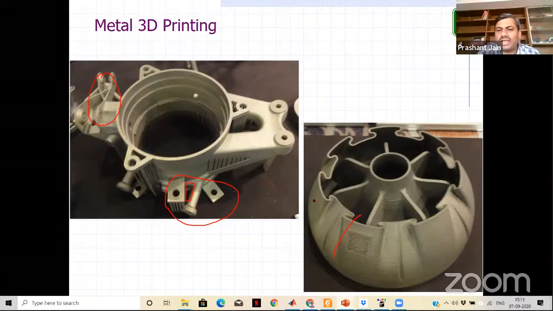You can deposit the material layer by layer. But still, it is a very, very costly affair, because when we talk about steel materials, this is a high-speed steel used at 20 micron size, right? So based on 20 micron size, what is going to happen? A lot of powder material will be wasted. In the case of polymer materials, we are able to reuse the unsintered powder. But in the case of metals, a lot of microstructural changes occur.